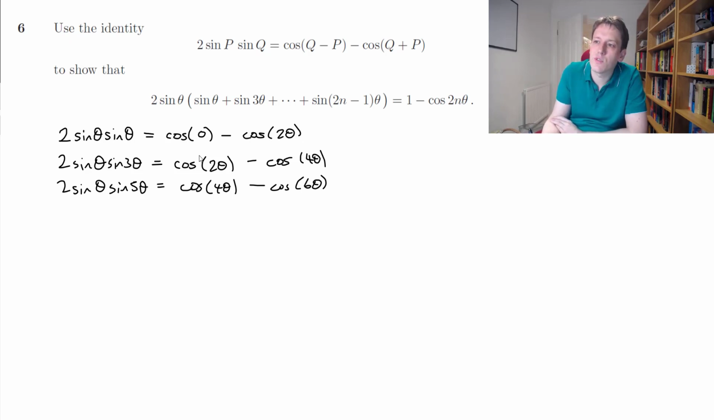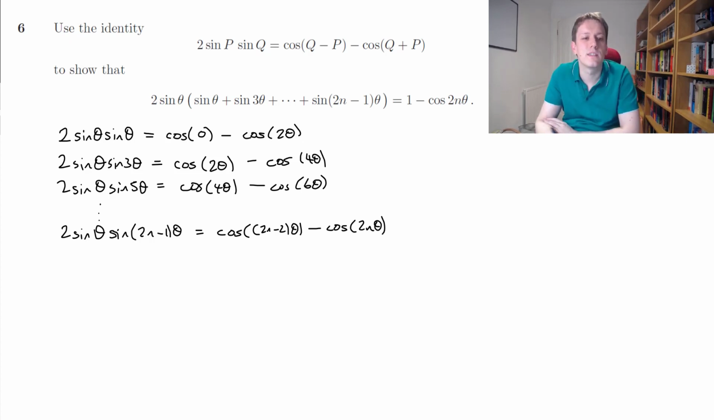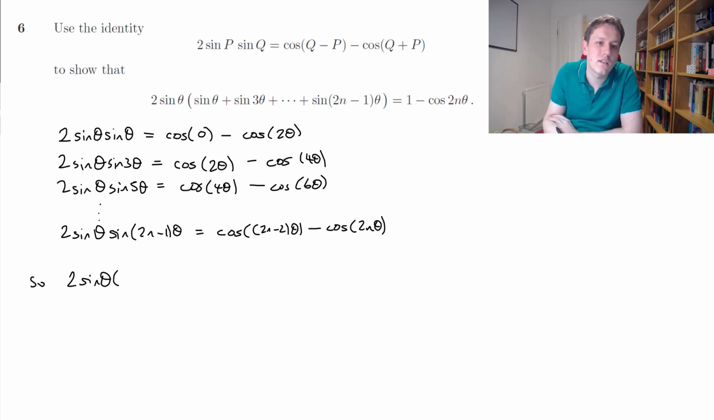Because I've got minus cos 2θ here, plus cos 2θ here, minus cos 4θ, plus cos 4θ. I keep doing this until I get to the last term, which is 2 sin θ sin (2n − 1)θ, and that one gives me cos (2n − 2)θ minus cos 2nθ. So if I now add all of these together,